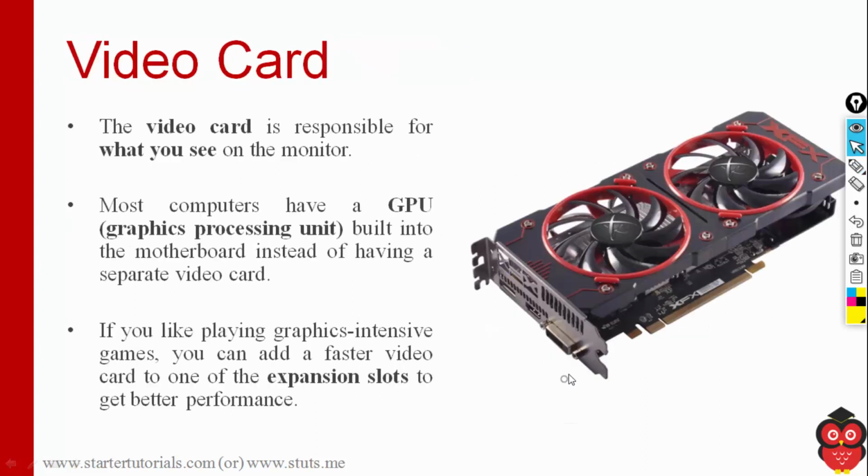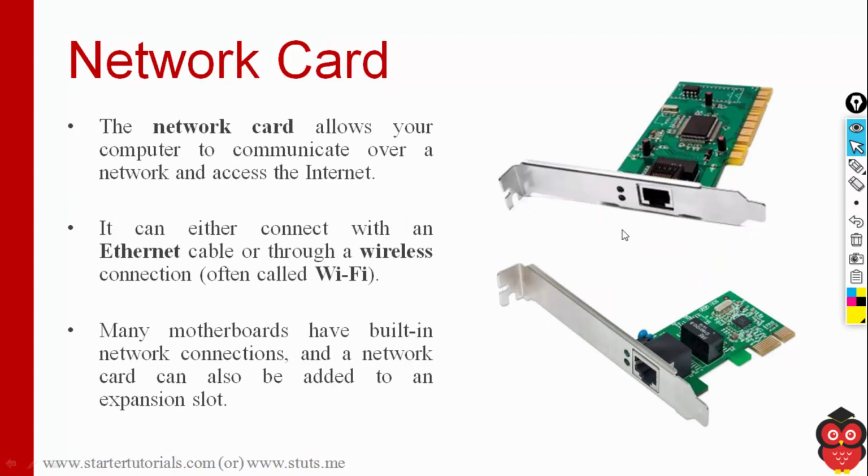Let's continue. Here in the image you can see a video card. These cards are needed for playing high-end graphic games like Far Cry, Battlefield. All these games use high-end graphics. The normal graphics which are built into the motherboard are not enough to play those games. We need these extra cards. We need to insert these and then play those games. Similarly, we have network cards using which we can access the internet. So these two things are network cards.